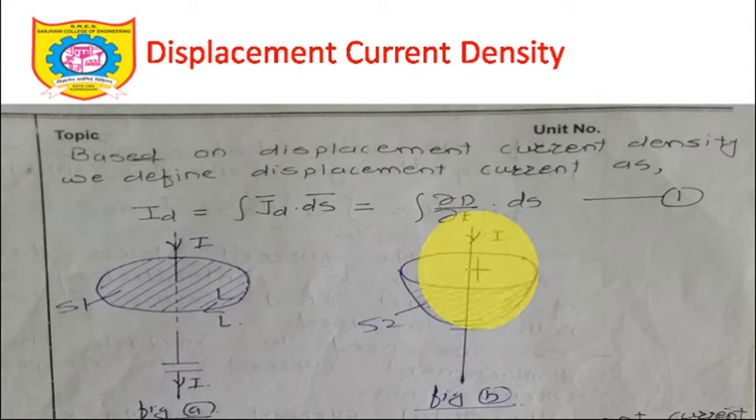Now the same conductor I will take, but the path I am going to change, and now the path is going through the capacitor. The capacitor contains a dielectric which is non-conducting in nature. Remember this very well: the dielectric material we are going to use is paper, or mica, or whatever example you take, it's non-conducting in nature. Now the loop is the same, but the path of the loop is S2, which goes through this capacitor. So figure A and figure B. Now we define displacement current as ID equal to JD bar dot dS bar, since I is equal to J bar dot dS bar, as you already know.